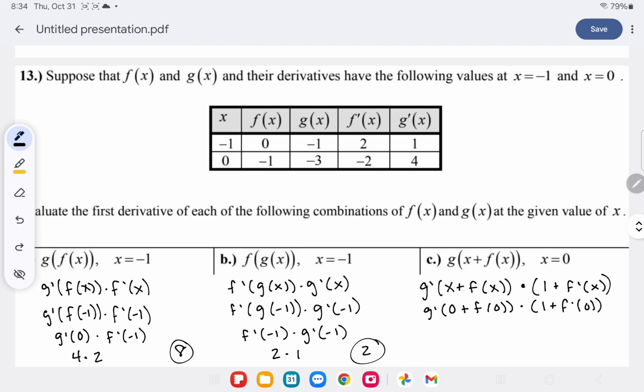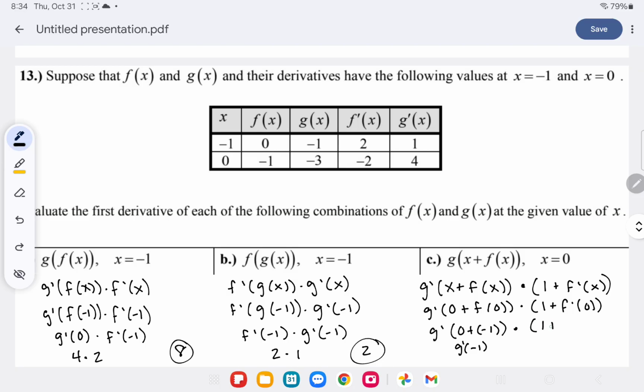And then we're going to work our way from the inside out. So f of 0 is what I'm seeing to do first. F of 0 is -1. So I'm going to take the g prime of 0 plus -1, which is just 0 plus -1 is -1. So I'm going to take g prime of -1